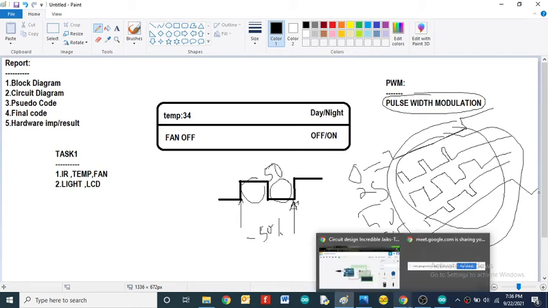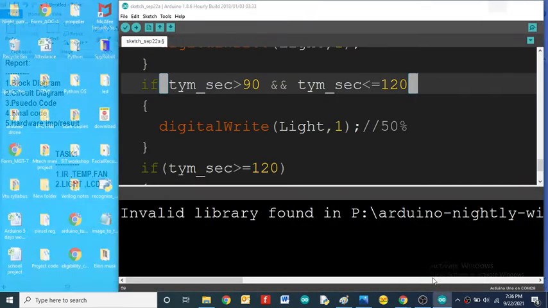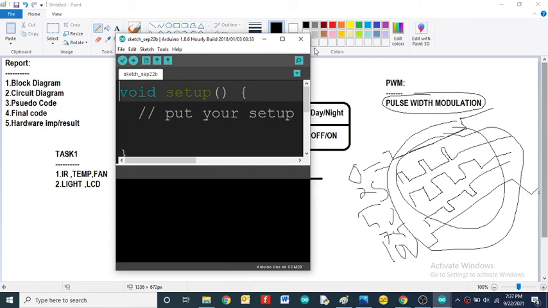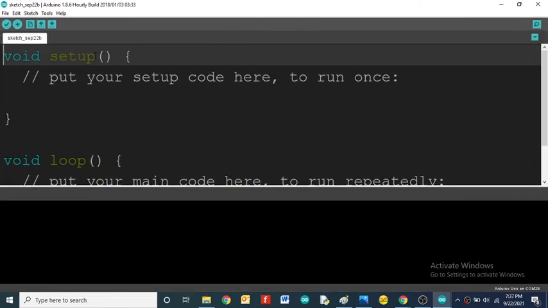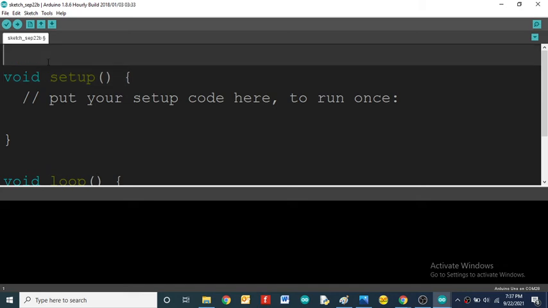So that will be done in your Arduino IDE programming. Just use analogWrite instead of digitalWrite. How are we going to do that? I will take a new file and write an analogWrite program.